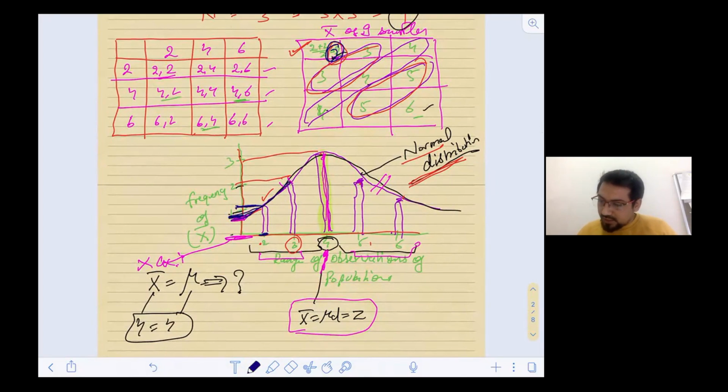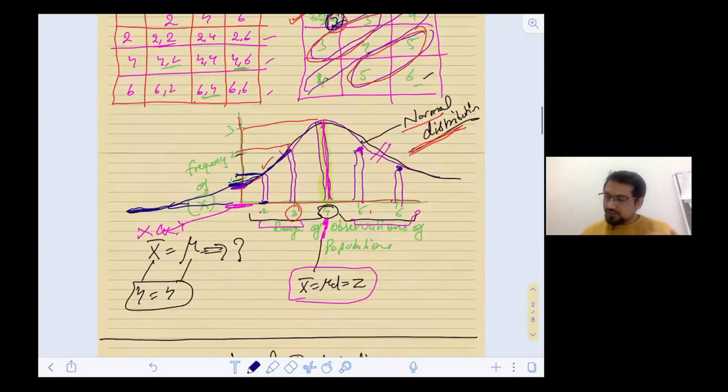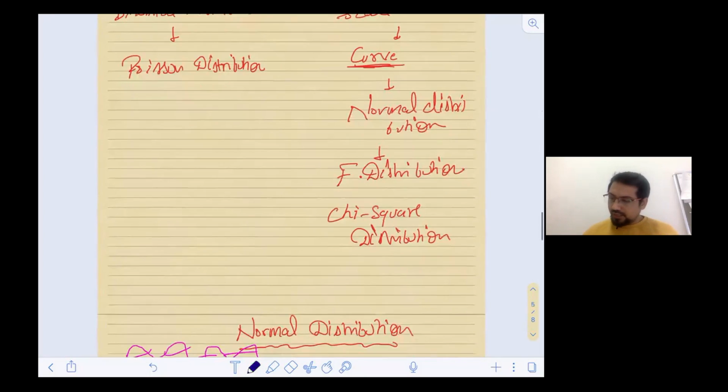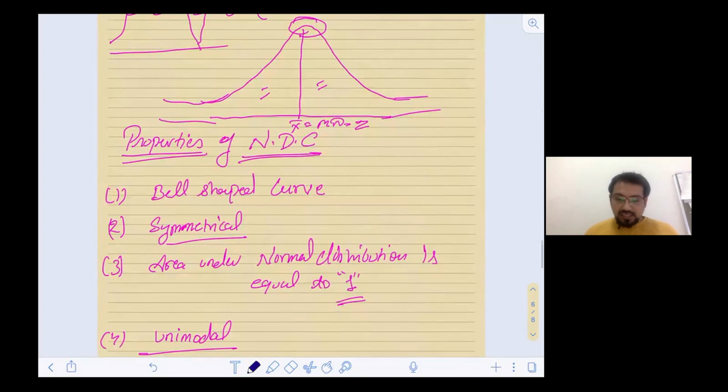So how can they touch each other? They can never be like this, because here also at least once you would see. So if the frequency is one, for example, here it is zero. If the frequency is one and here is one, everything will start from this point. Are you getting my point or not? So this is why we say it never touches. Okay. Now, I hope it is clear.